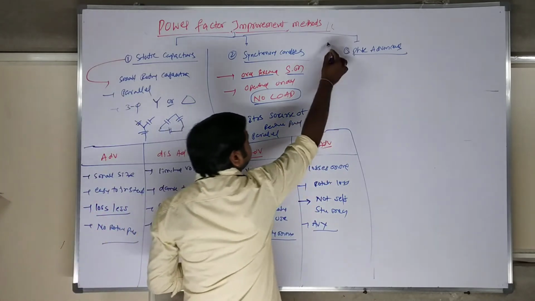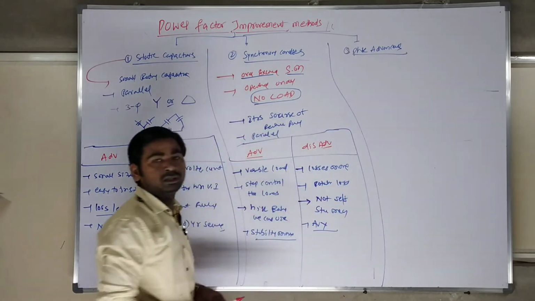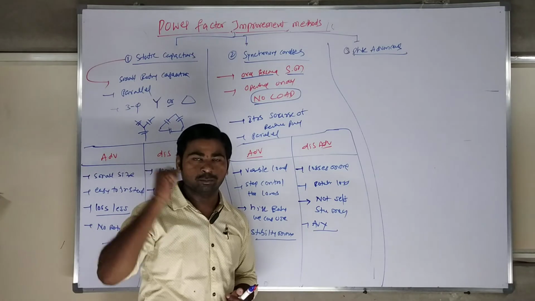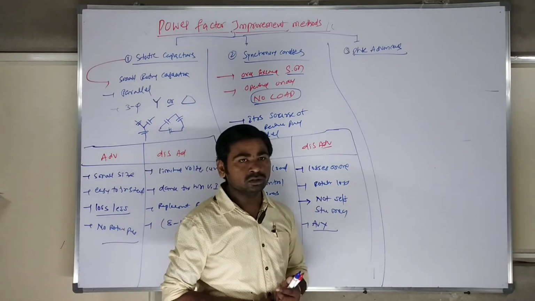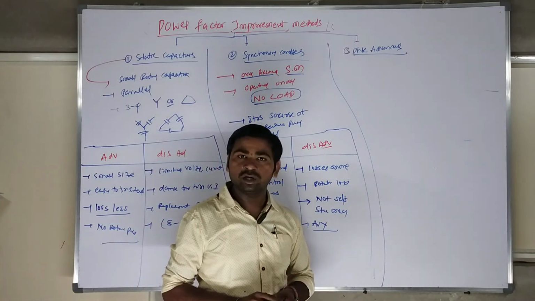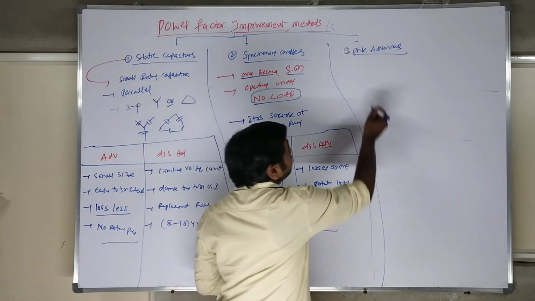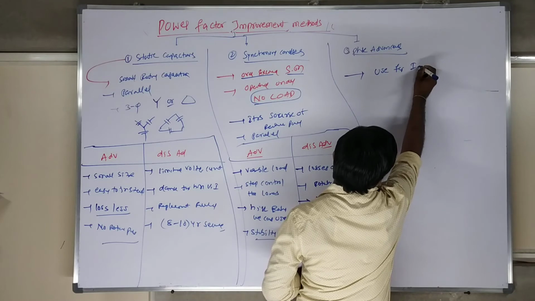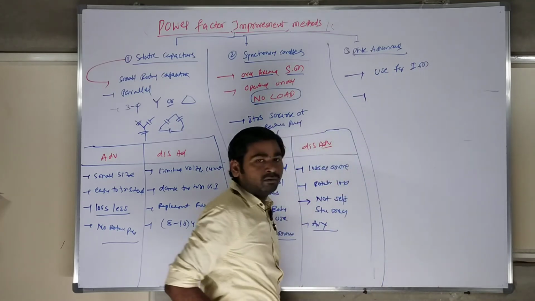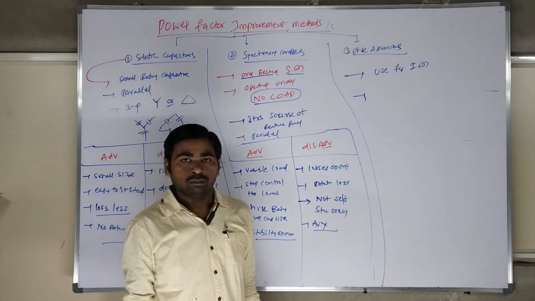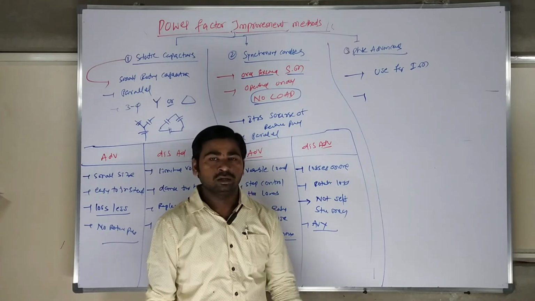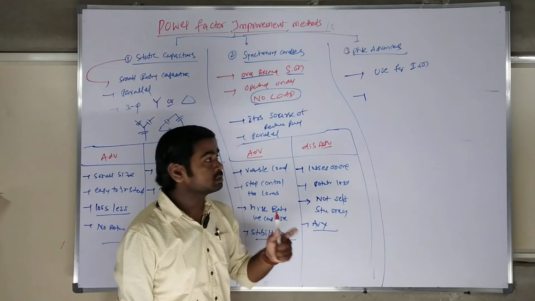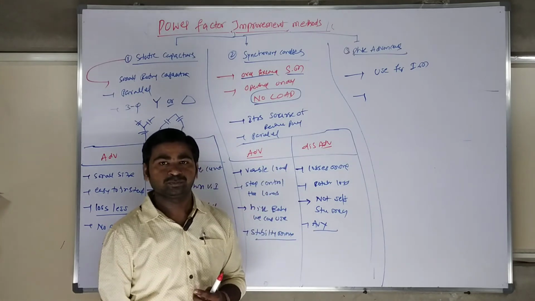Next, let's go to the phase advancer. We have another concept. The phase advancer is a special category of power factor control. The phase advancer we can use basically for induction motors. Generally all of our loads are induction loads; basically we use induction motors in all cases. Whenever a reactive power requirement is there, we use phase advancers with the induction motors.